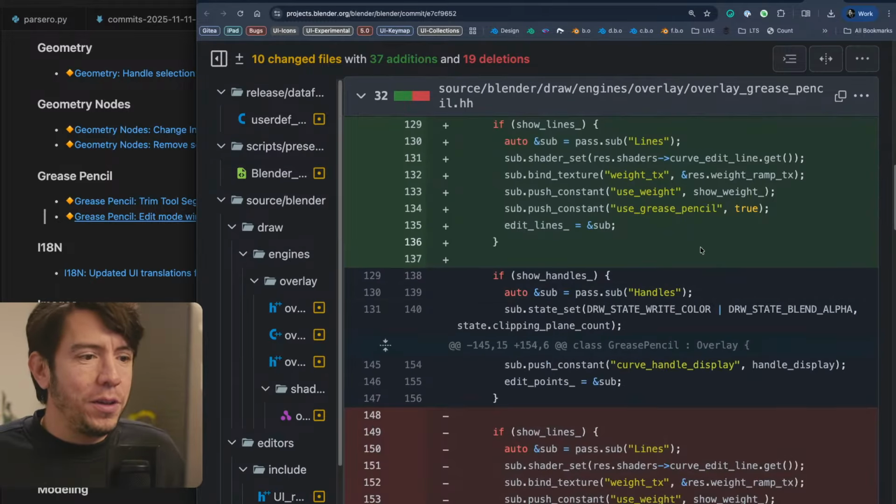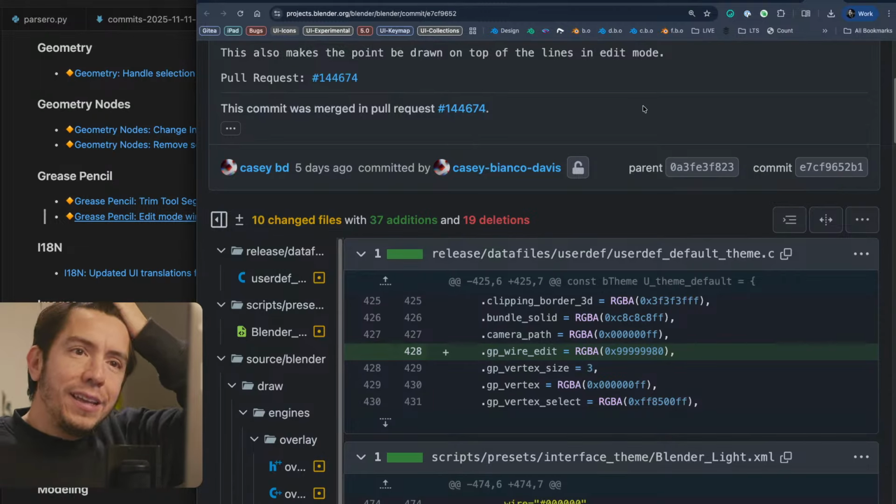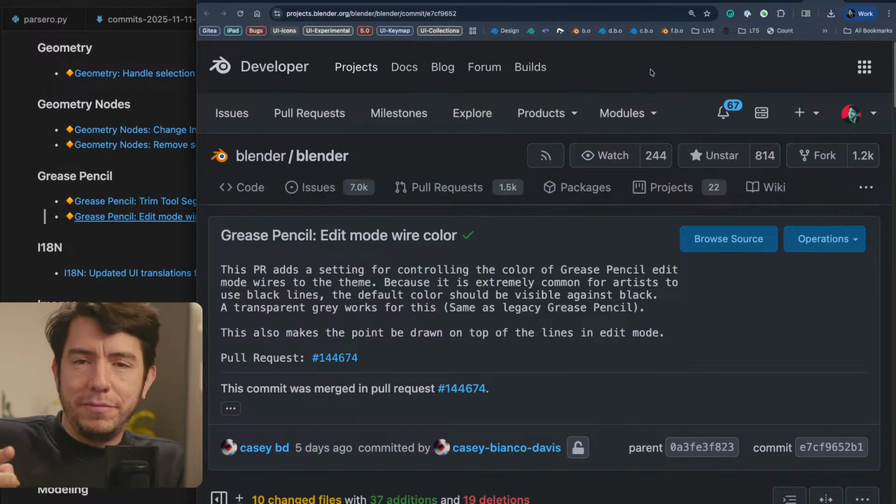It's just a new theme setting for Grease Pencil. I like that, because now the themes are much cleaner, much lighter, there are fewer settings, so we don't feel bad about adding new theme settings. In fact, I want to add new theme settings soon for widgets. There are some widgets that don't have theme settings and I want to add them back. Not add them back, add them, period.